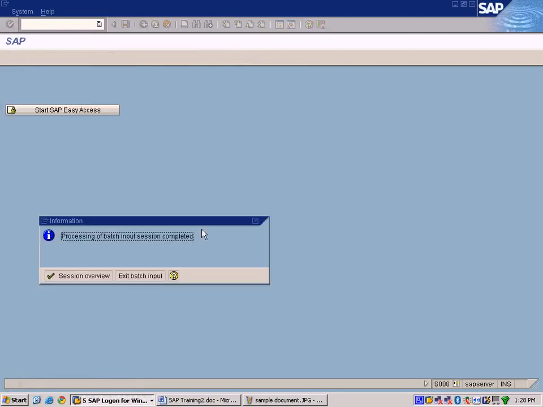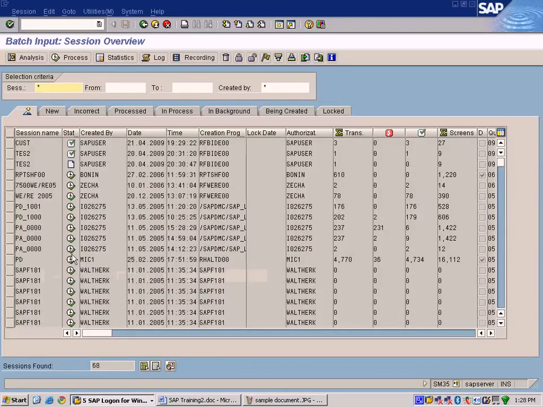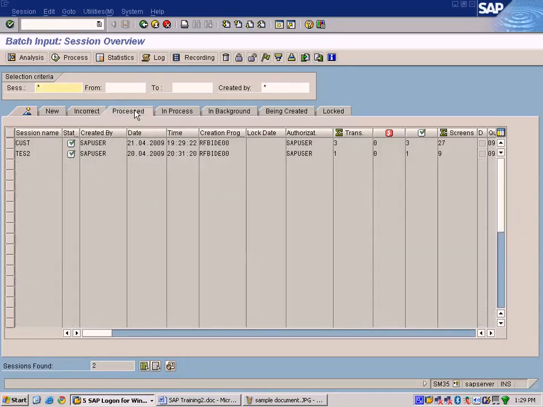The system is processing. Alright, see, it has processed everything successfully. Let's create this session overview. See, the recurring document has been processed. Just go here, processed,